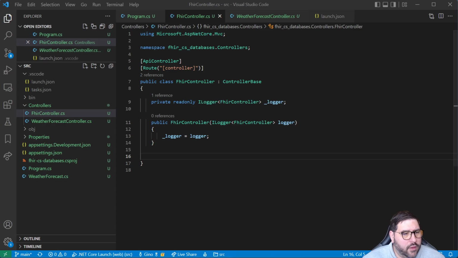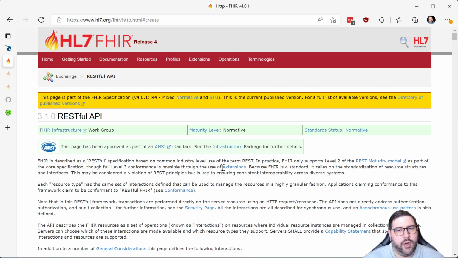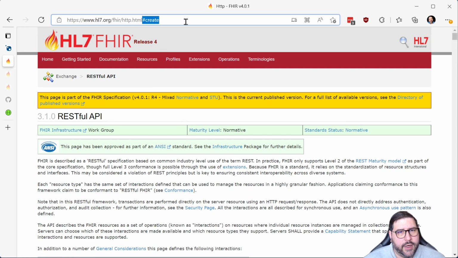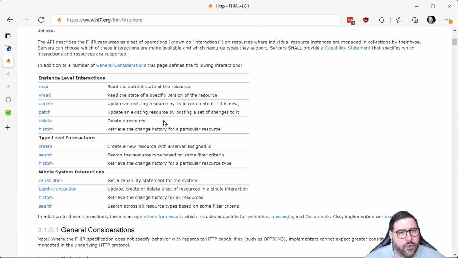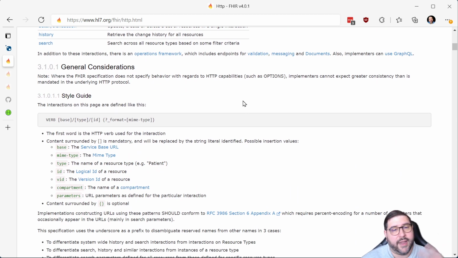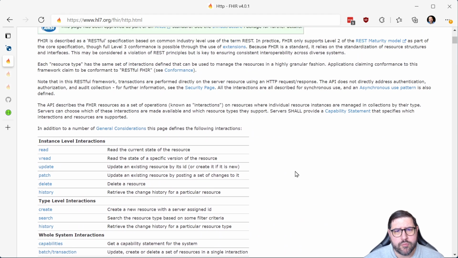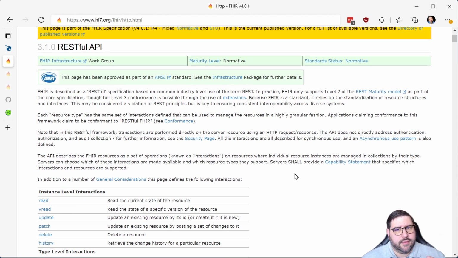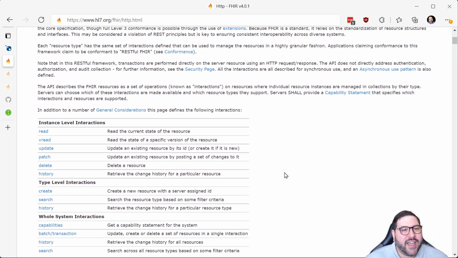So the next thing I want to do before we get back to it here is kind of look at what we're going to try and implement. So this is the HTTP page on the FHIR specification, and we can see that this is just going to cover what all of the HTTP calls look like and what's the shape of the API. There is going to be a gap we have to bridge here. And that's to say that in the API we're designing, we have routes, and then we